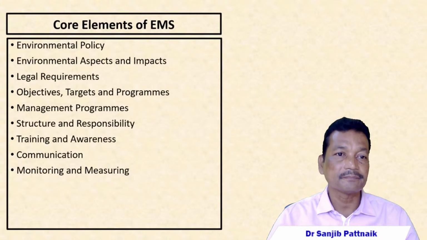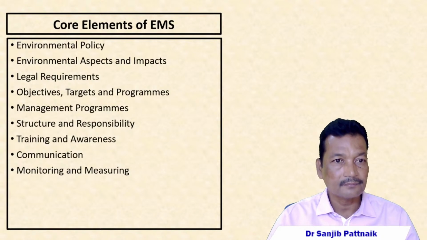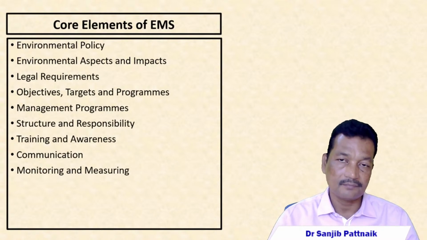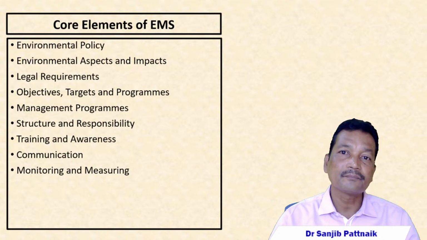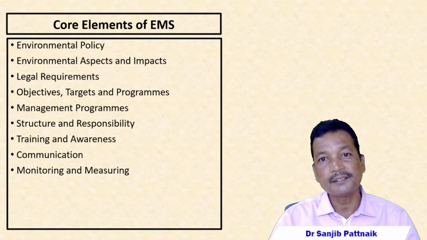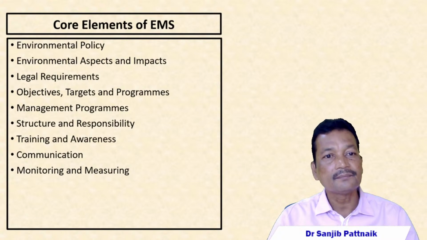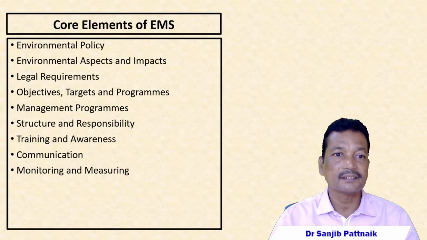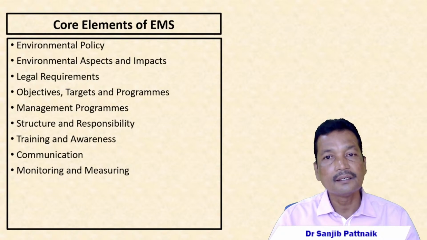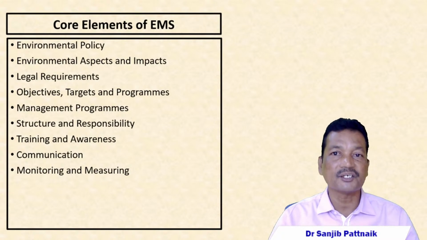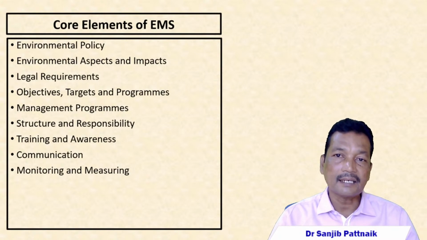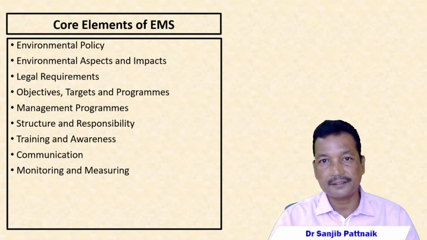Environmental management system. What are the elements of that? We look at what should be the environmental policy of the organization, what the organization wants in terms of protecting the environment. That policy should be laid down. So as we said, what are the environmental aspects that will be involved, and if any detrimental environmental aspect is there, what will be its impact,